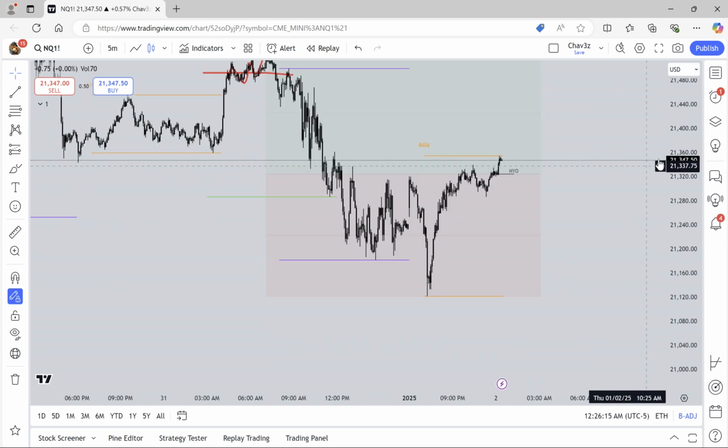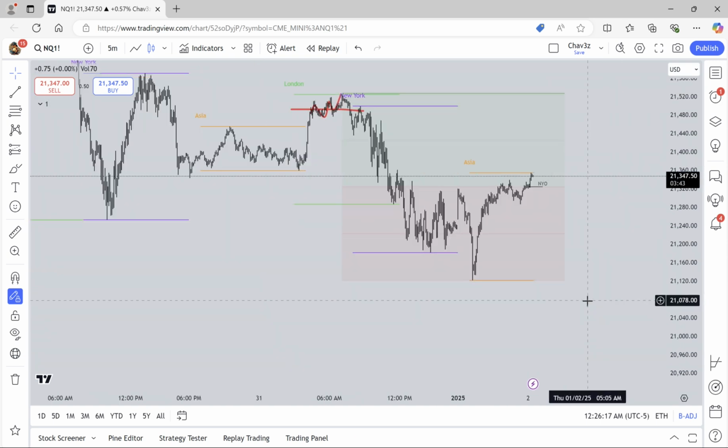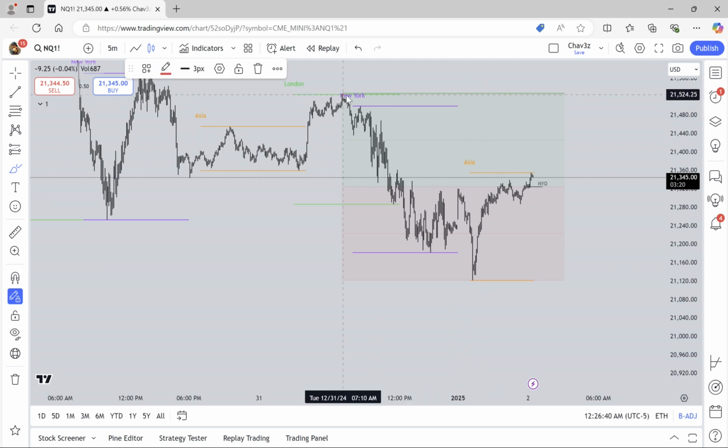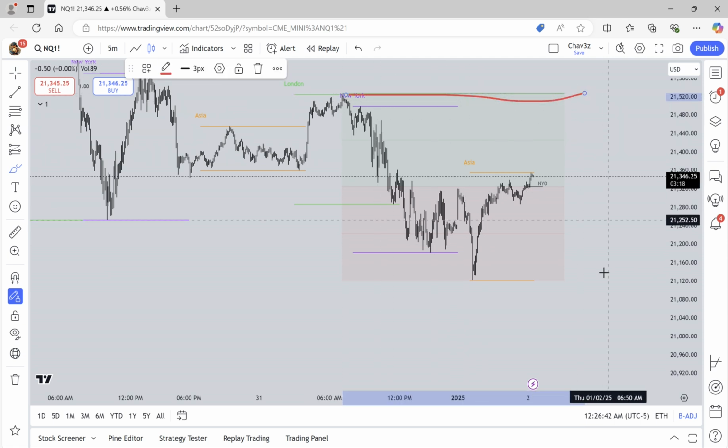So that probably gives you a pretty good idea of where I think the market is going to run to overnight or possibly tomorrow. High of previous day, which is right here at 524. It's a good 200 handles away, but we've seen NQ run 1, 2, 3, 4, 5, 6, 700 handles in a day. So right now we know what our draw on liquidity is. We believe our draw on liquidity is the high of day.